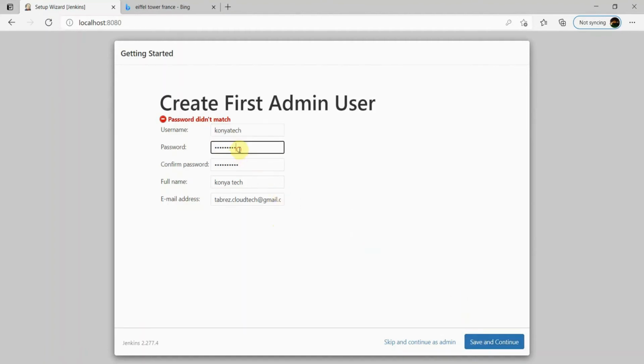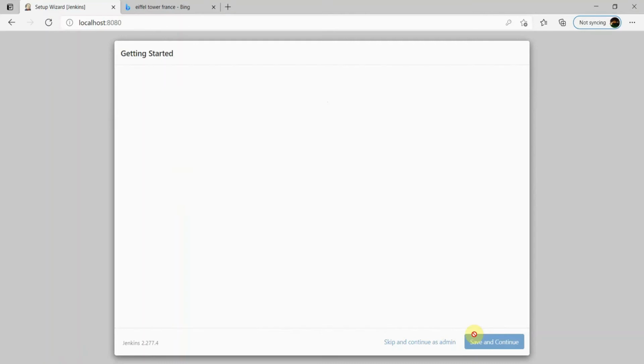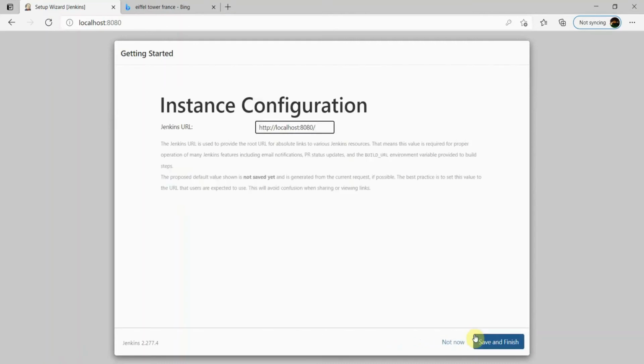So our password did not match. Let me give it again. Yeah, this is the URL from which we can access Jenkins.